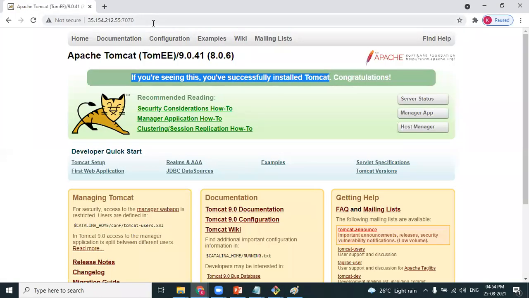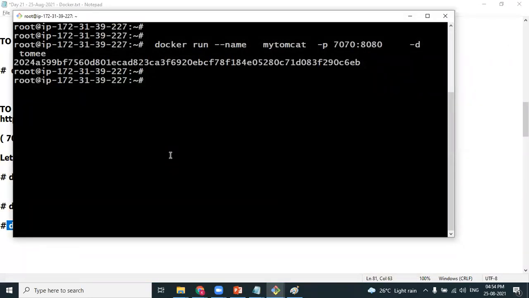Now, anyways, you can access the application by using the same public IP and port number, 7070, and you get the same application. The new thing we have discussed here is the detached mode. So Anuj, what is detached mode? We use detached mode when you don't want the background log messages of a particular container and you want the terminal back so that you can run the next commands.